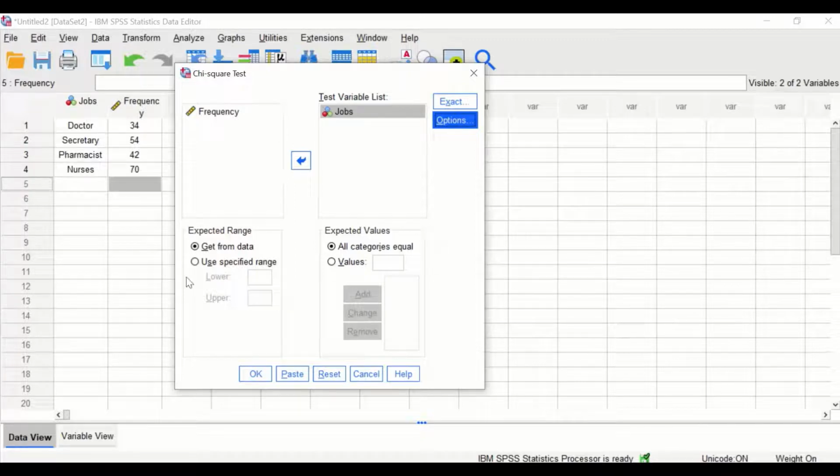Here we have two other options: whether we are going to analyze the data based on a hypothesis that all the expected frequencies are equal or not, and whether to include all the levels within a variable or exclude one or more levels of the variable. If we click on OK,